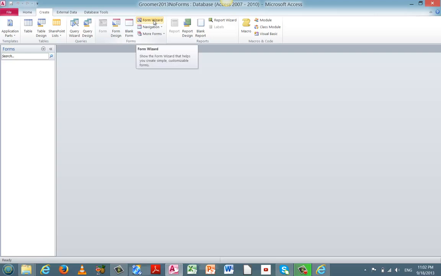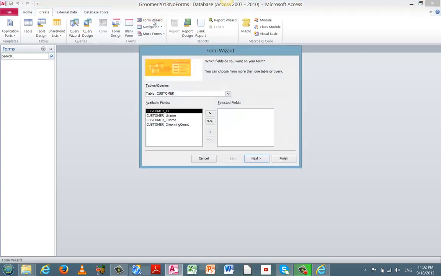And so the form wizard will take me through the necessary steps to create a form, and it will prompt me each step of the way in order to create whatever element is necessary along the way. So I'm going to go ahead and click on Forms, and the first form I'm going to create now is going to be the